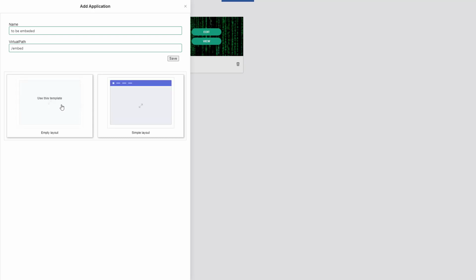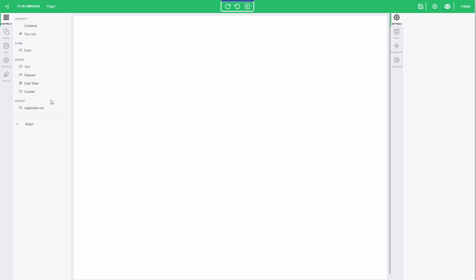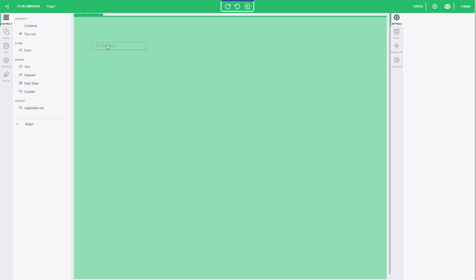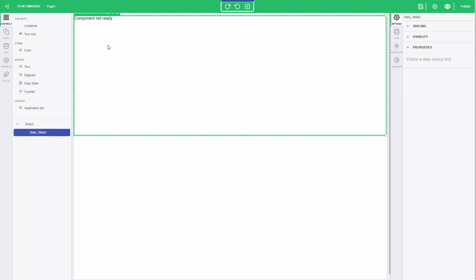And I will take a layout that contains no headers, no menus and no login page. In that example, I will only take the grids because I just want to have a list of applications that I want to embed in an existing other application. And I will take my data source, the application,